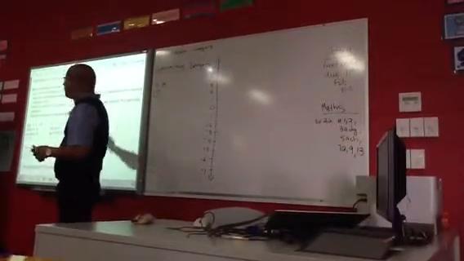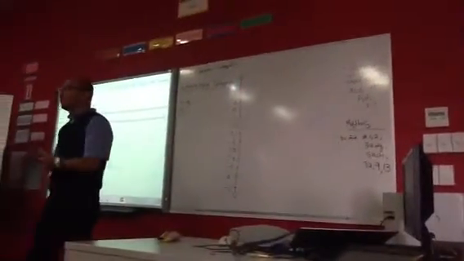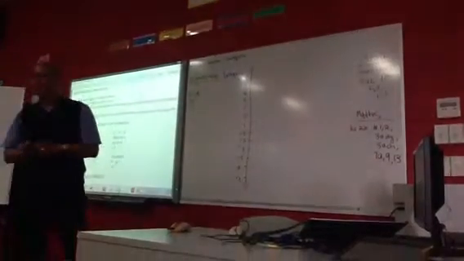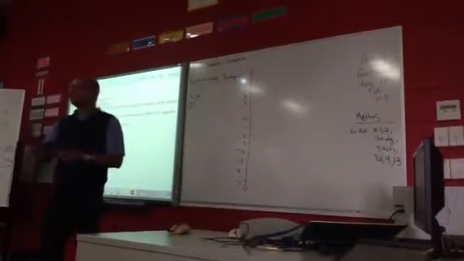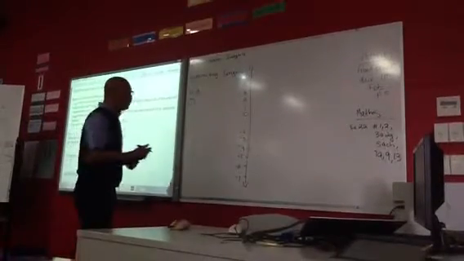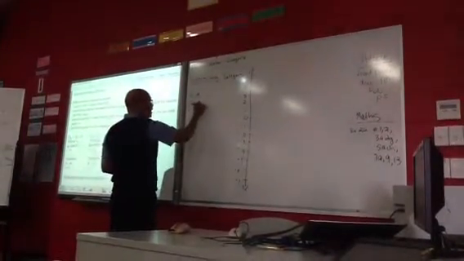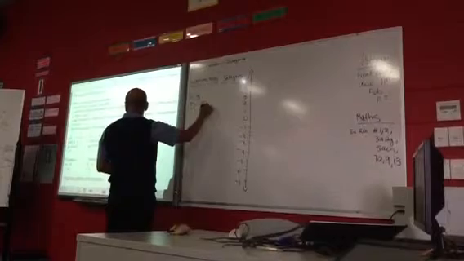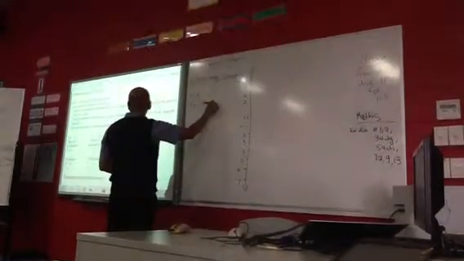Okay, so when we're subtracting integers, we do the opposite, obviously, of when we're adding integers. So let's have a look at an example. If we have negative 5 minus plus 6,